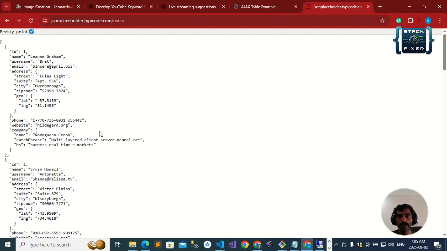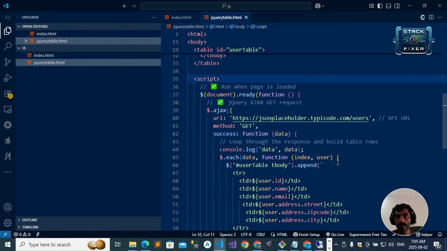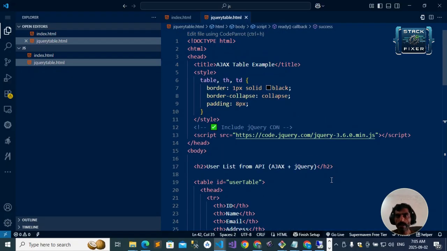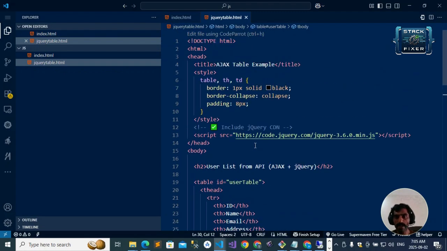Let's go to the VS Code editor and understand how to display this API data in the HTML table. This is my whole code where I get the user API data. The first step for getting the user API data: I have created the HTML table with headings like ID, name, email, address, zip code and city. The second step